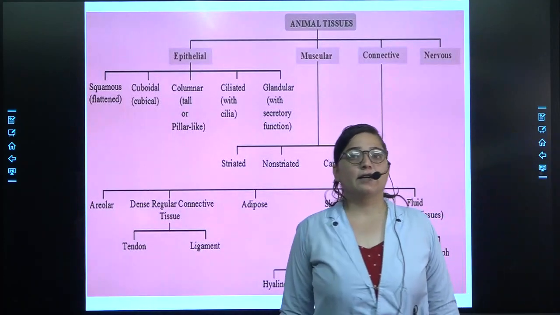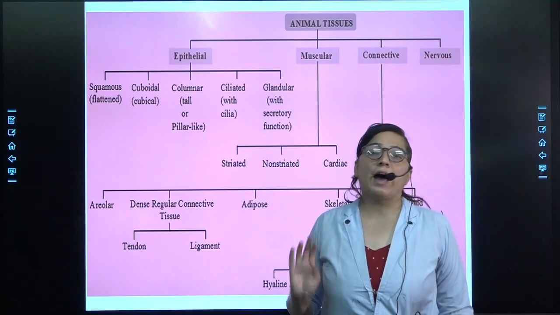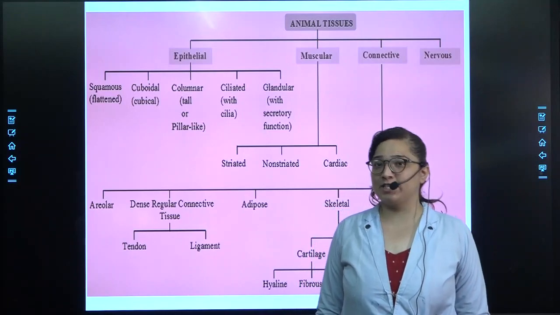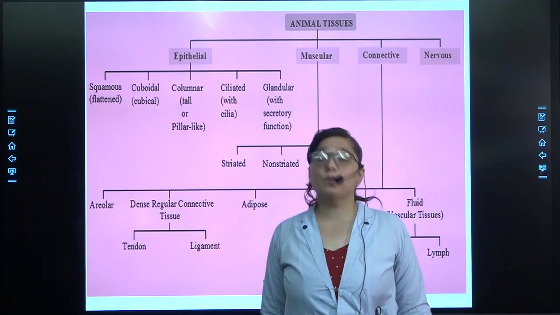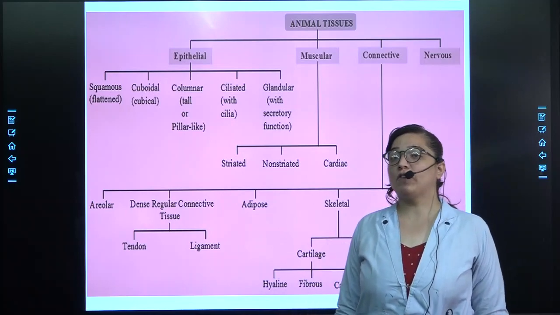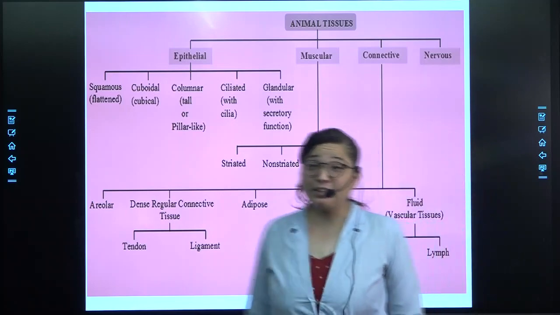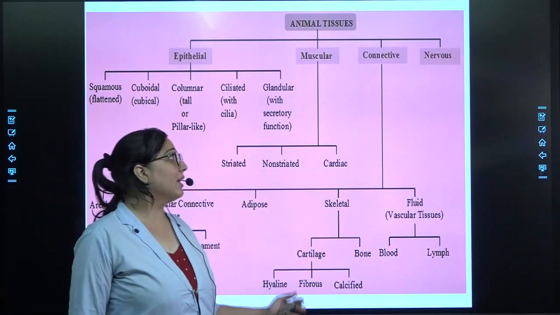Now this is the quick recap of the whole of animal tissue. Animal tissues are of how many types? It is of 4 types. Which are the 4 types of animal tissue? As shown over here, the 4 basic types of animal tissues are epithelial tissue, muscular tissue, connective tissue and nervous